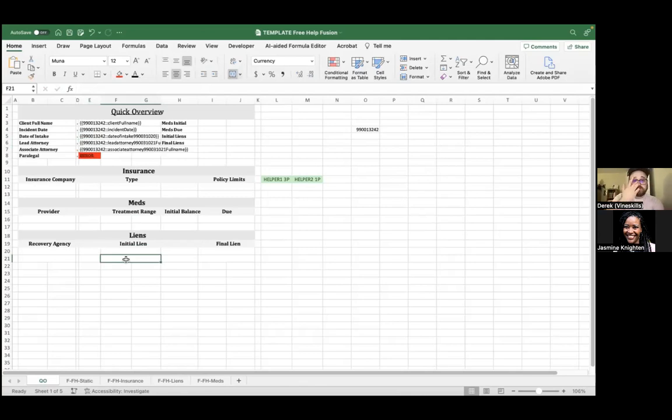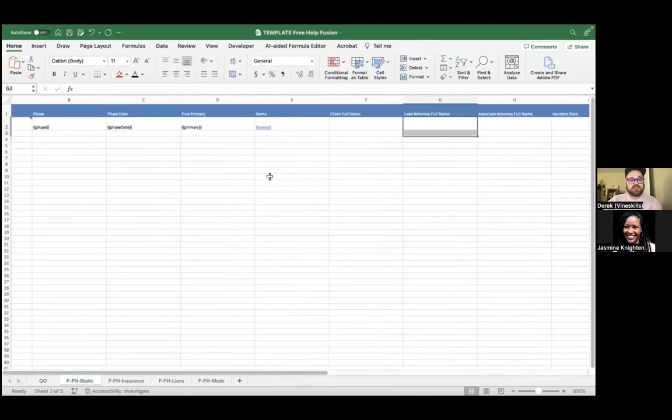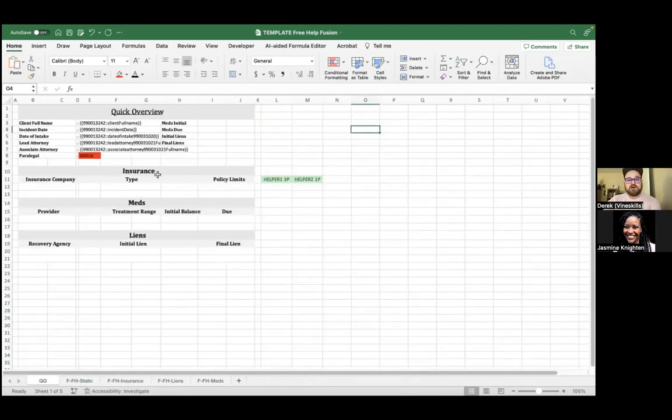Perfect. That looks a lot better. As things run, these will shorten up and I'll be able to see everything that I need to. Cool. I've got that part done. And I'll keep my static page just in case I need it, but otherwise I'm going to move on to